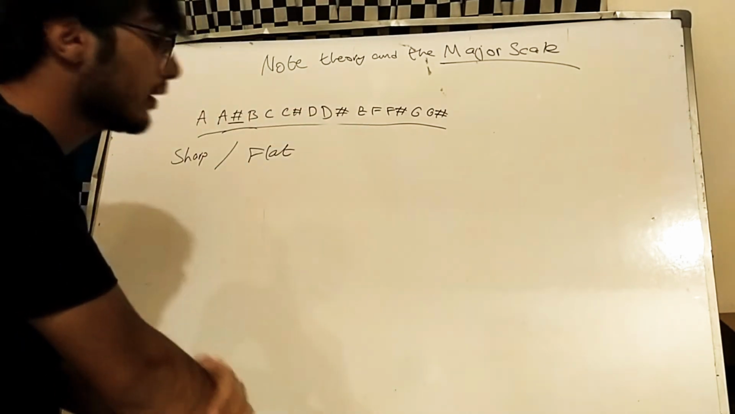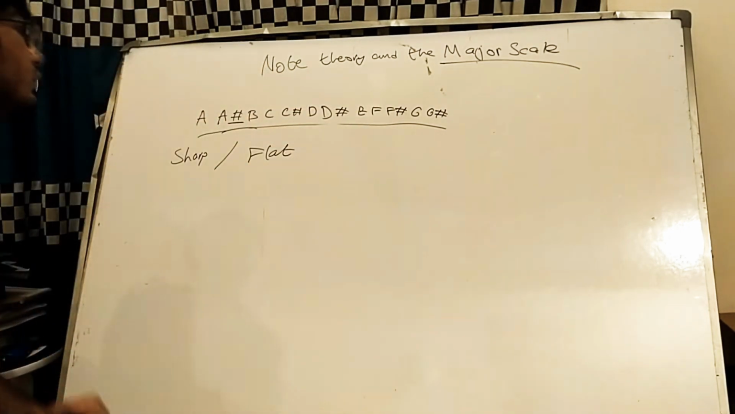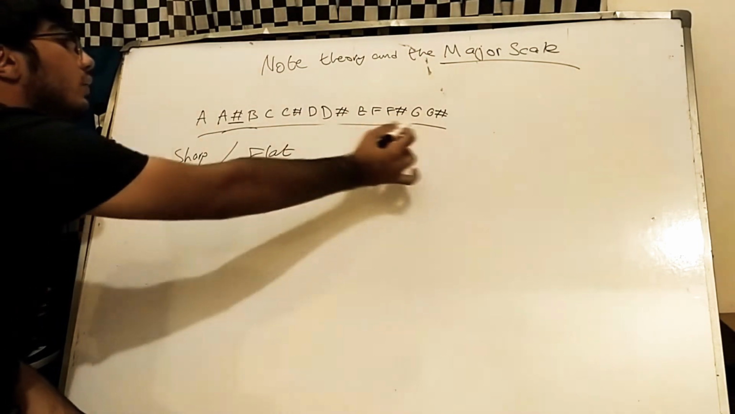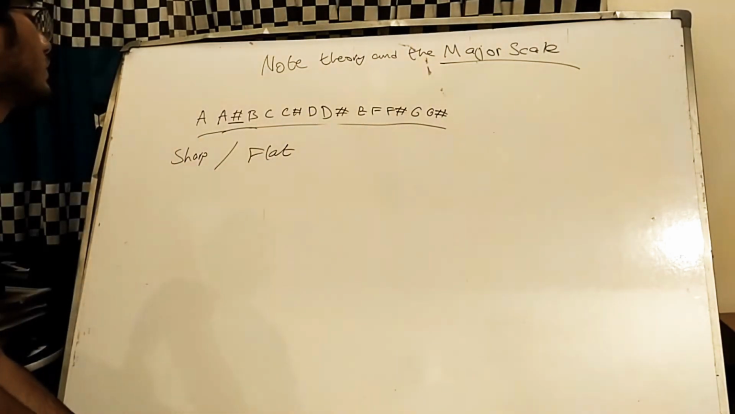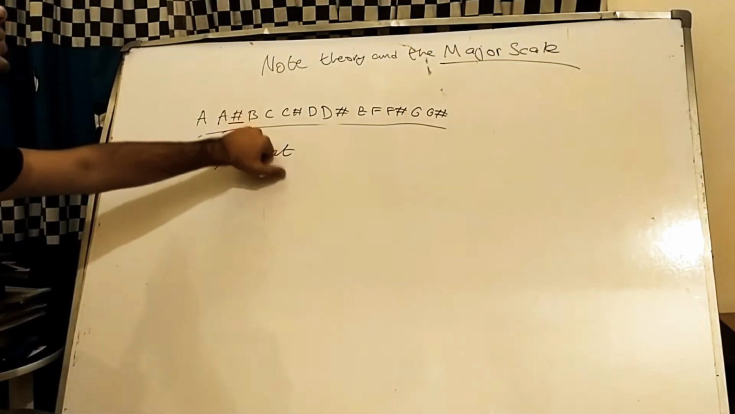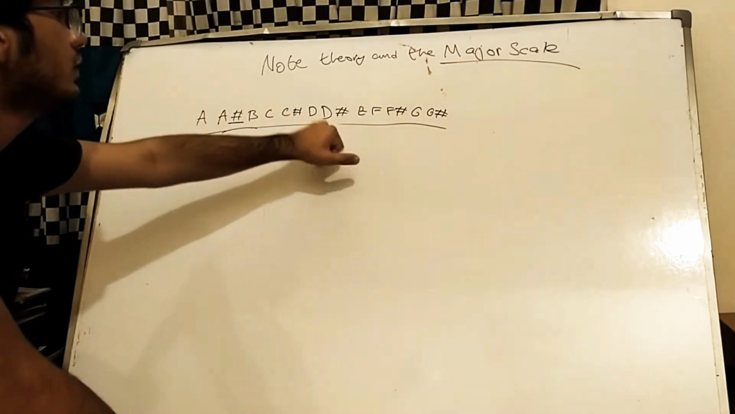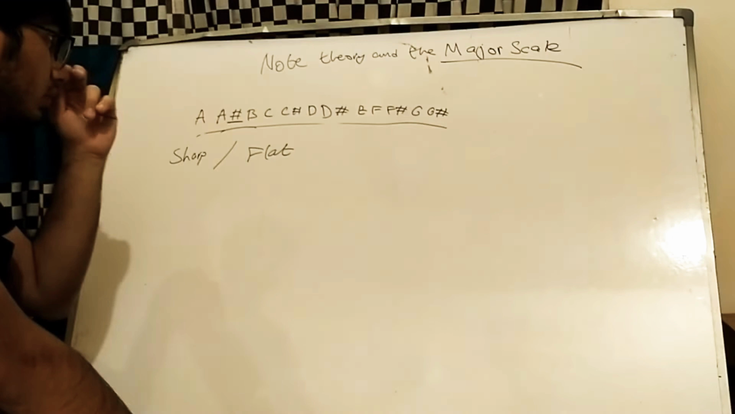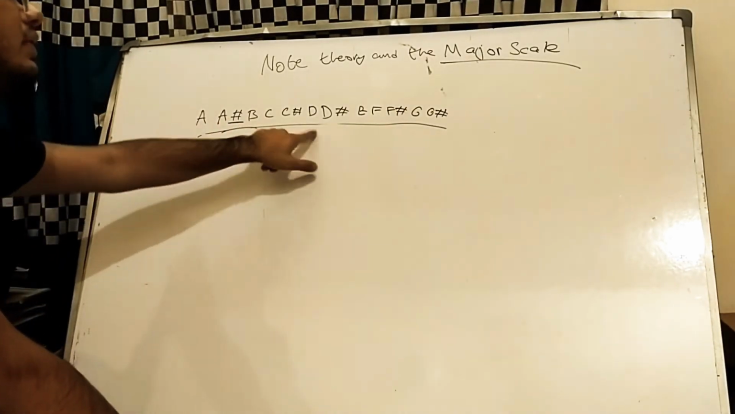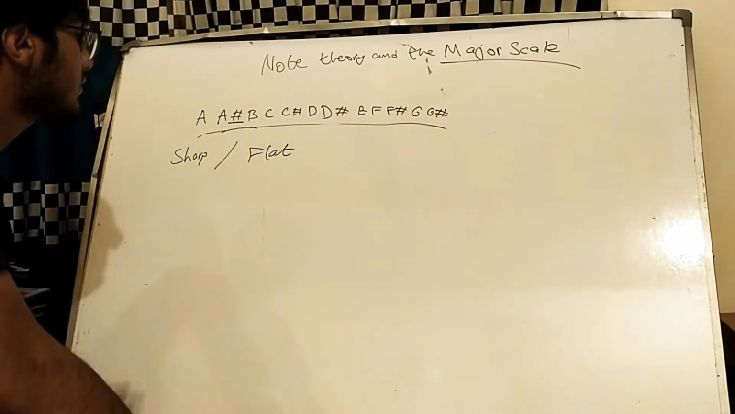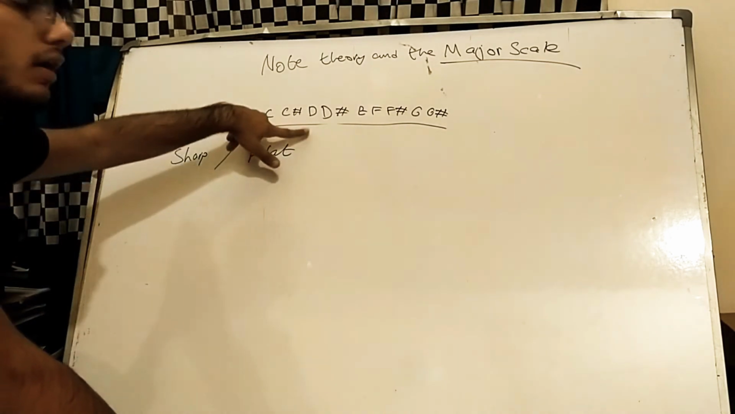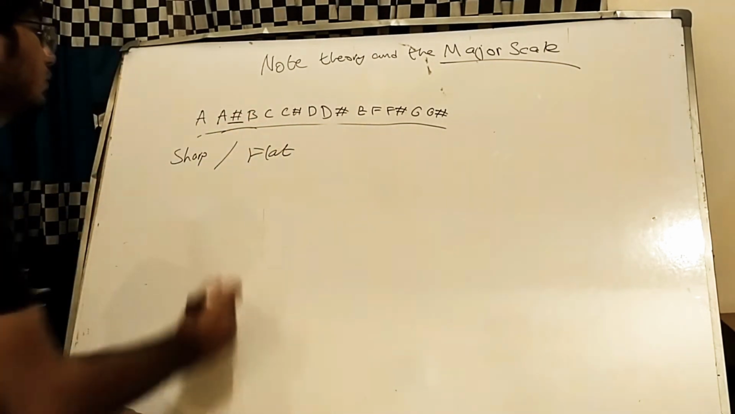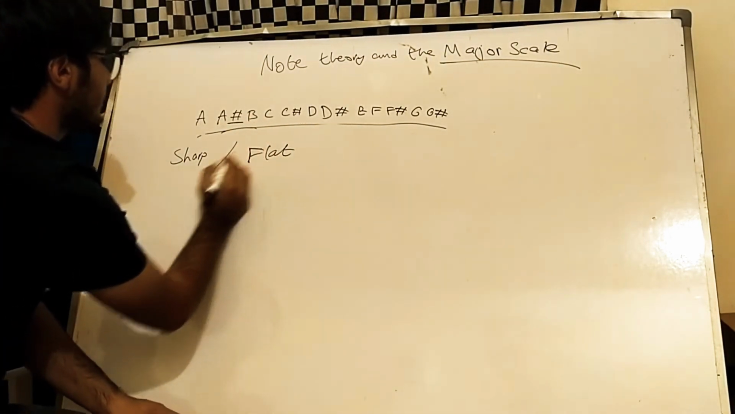I'll be explaining a little bit of the major scale today. So basically, like I told you guys yesterday, there's 12 notes in Western music theory: A, A sharp, B, C, C sharp, D, D sharp, E, F, F sharp, G, and G sharp. So all the notes A, B, C, D, E, F, G are natural notes, and all the sharps are accidental notes. So what sharps are basically